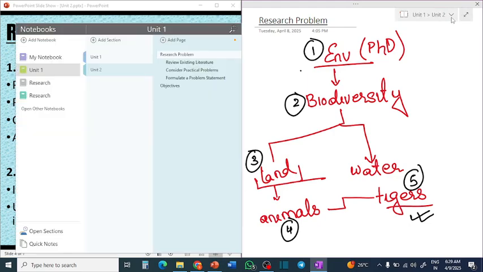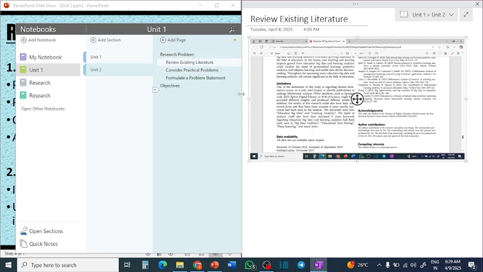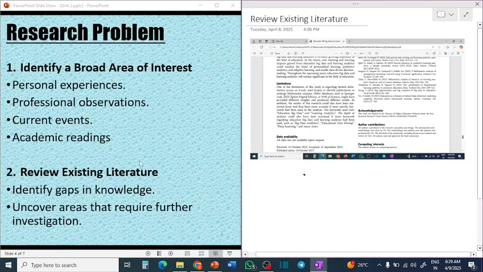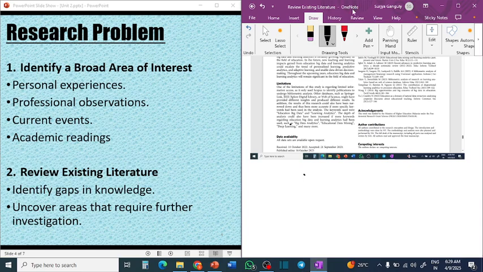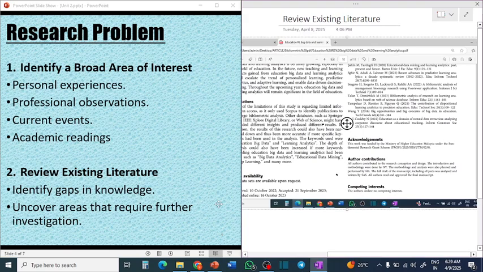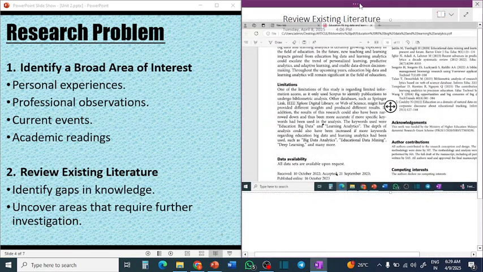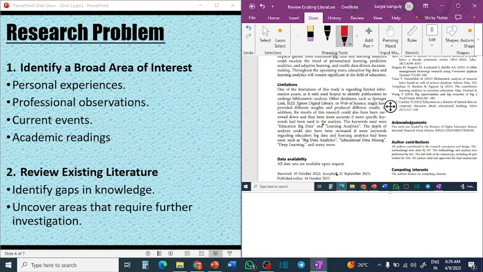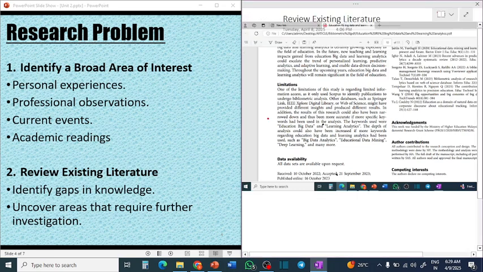Now I would like to show you an article. I hope every one of you can see. I hope I can increase the size of this article. Now it is clear to all of you. In every article that you study, before selecting a topic, you have to select the articles. At the end of the articles, you will see a paragraph like this, which will have limitations.